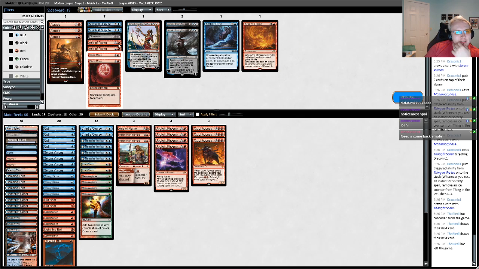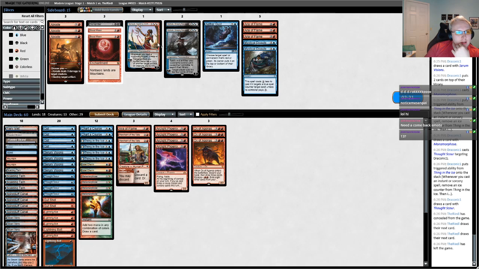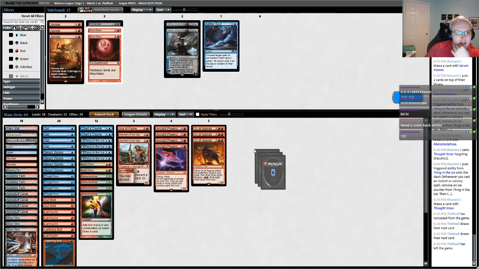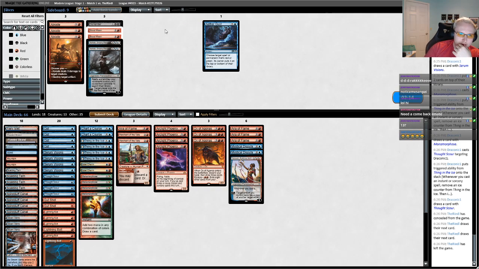Where are my Arias? I want a bunch of Arias. I want Disputes. I want my fair card package. This card is so much worse now, it's bad against fair decks. I see why we're playing these, I guess. But